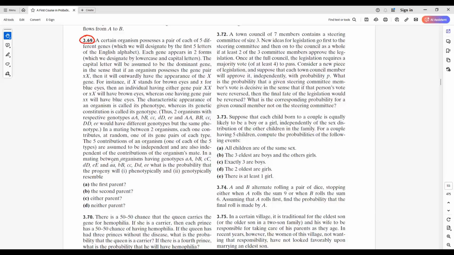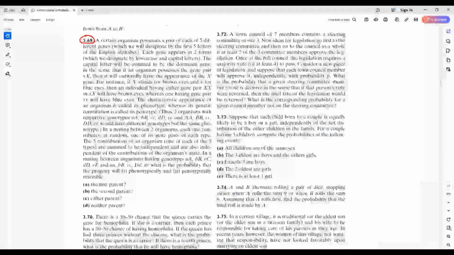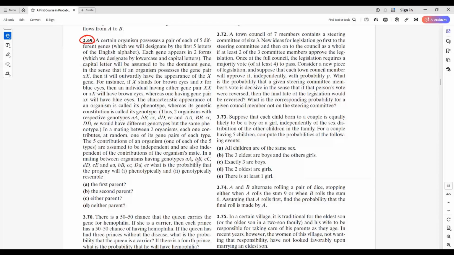In a mating between organisms having genotypes small a, big A, small b, big B, small c, big C, small d, big D, small e, big E, and small a, small a, small b, big B, small c, big D, small d, small e,